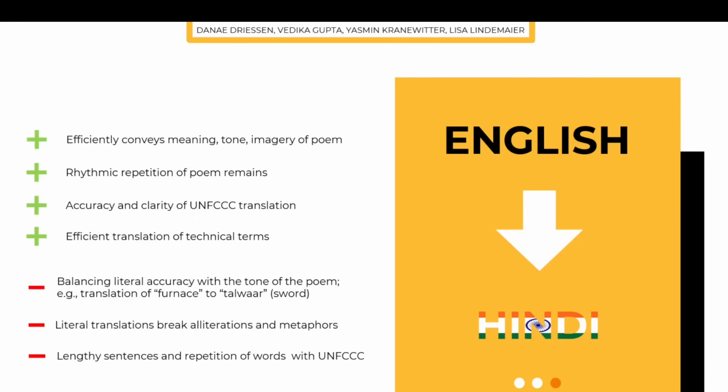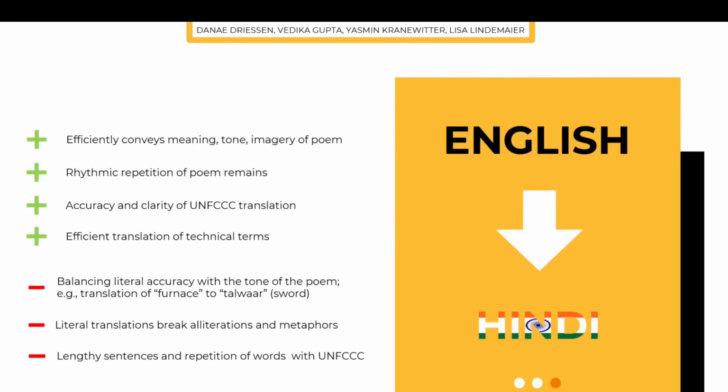The third translation we had ChatGPT do was from English to Hindi. Here we had a lot more positive aspects we saw for the poem. The translation had a very similar tone and conveyed the meaning and imagery of the poem very well. The translation also had rhythmic repetitions, such as the original poem in English, but still failed to keep the alliteration and metaphors because some of the translations were way too literal. So it had a more accurate translation for the poem than Dutch and French, but it still couldn't convey all